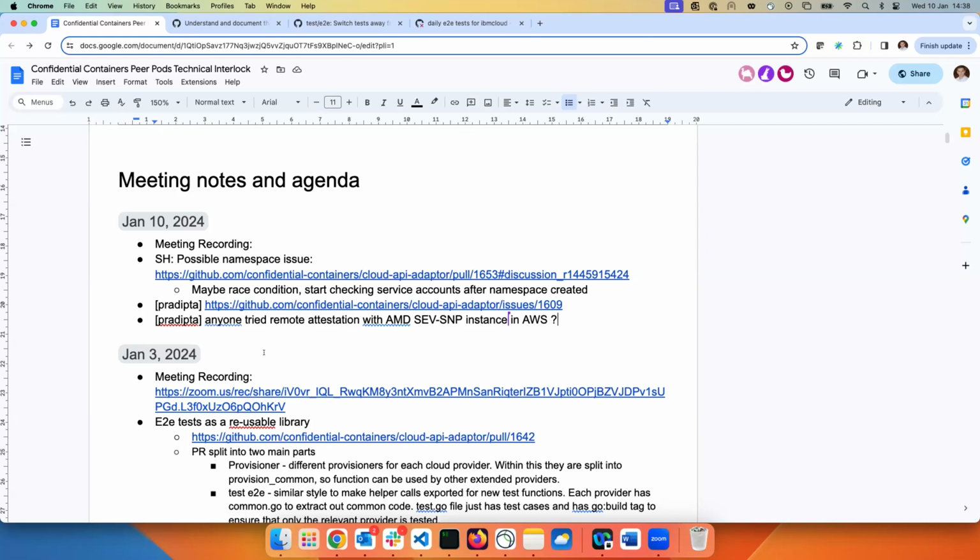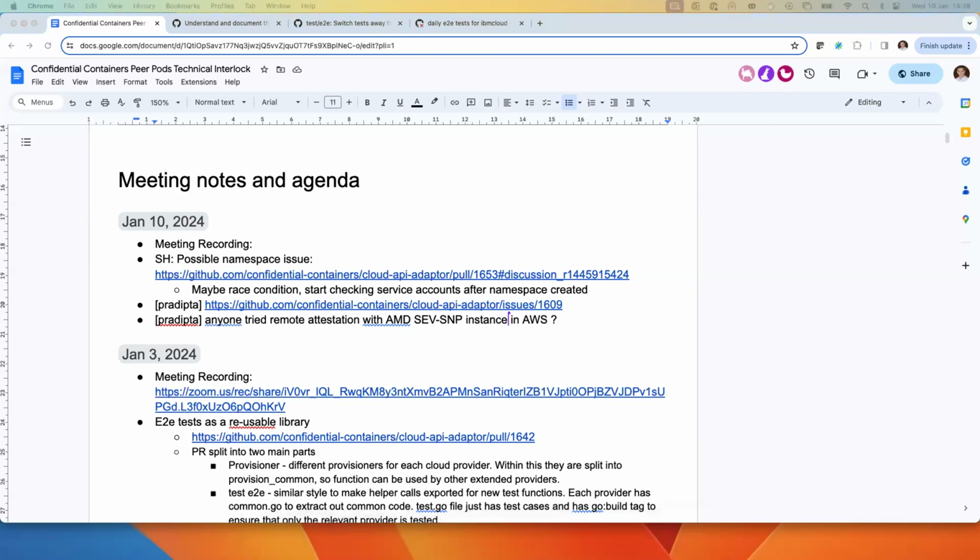Yeah, that's right. I mean, one challenge I see is whether the AWS guest code is just able to access it. I'm pretty sure it won't work out of the box, because I think AWS does not have the VCEK architecture, but a different one, VLEK or something, and we might not be able to verify this out of the box.